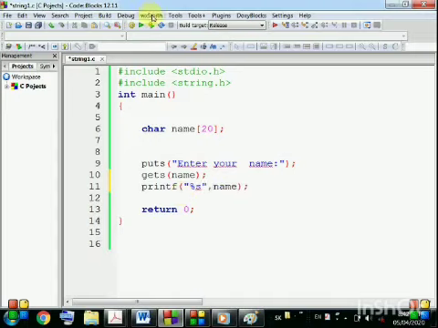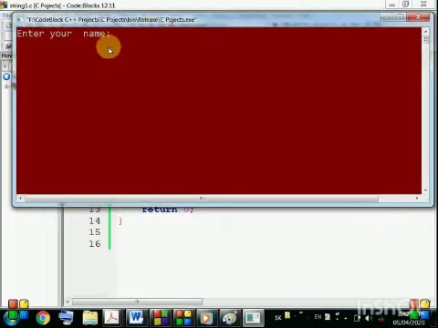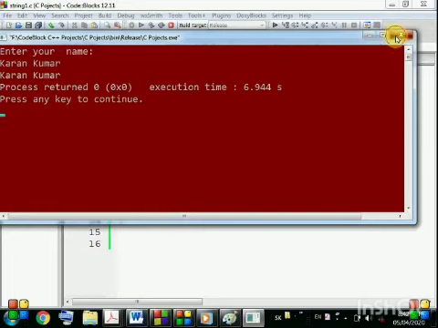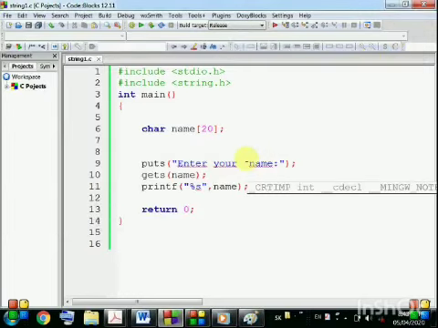Execute the program. Karan Kumar, and the output is Karan Kumar. So we can use the printf function as well as the puts function to display a string.